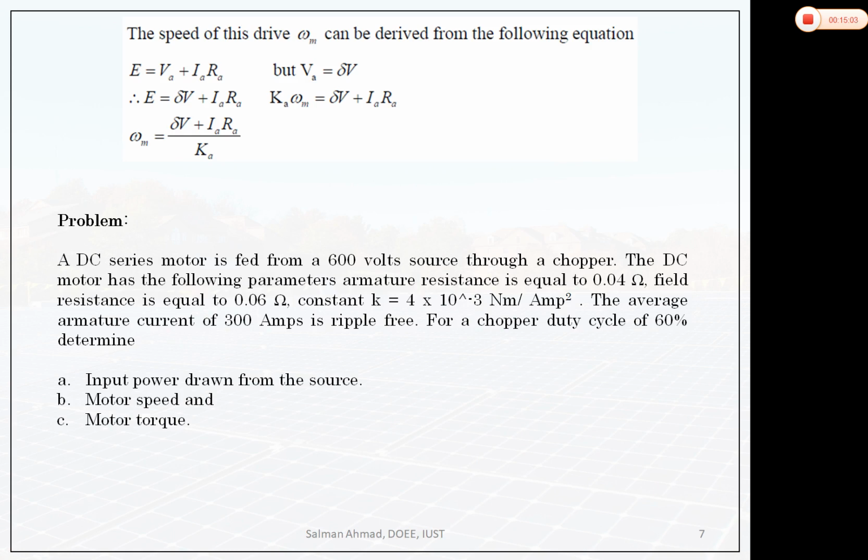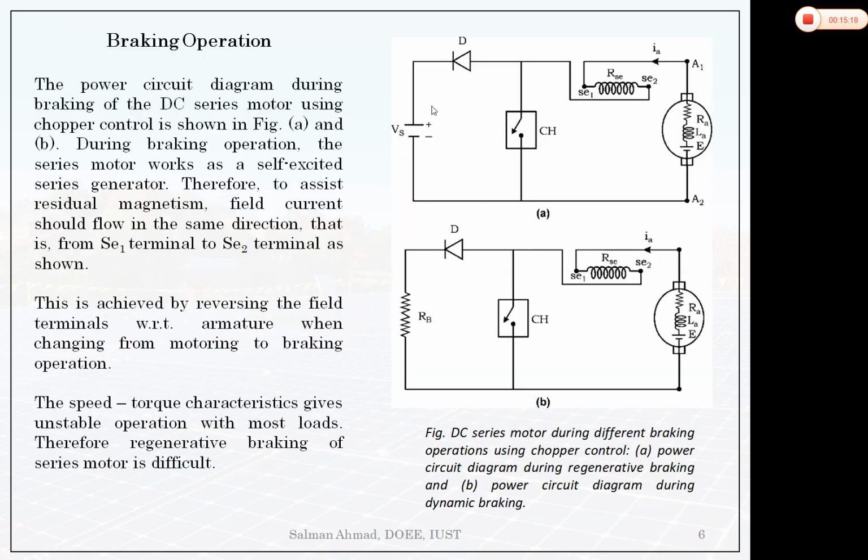So if we write the basic equations for the DC series motor, again this is V = δV + IA RA upon K. That means if we increase delta, speed will get increased, that I showed in the previous slides. Here the operation is similar, but the winding connection, that is armature 1 terminal, must be connected with SE1 and the SE2 terminal is connected here whenever this switch is turned on. Okay, so this diode will be open circuited, and whatever energy is stored in the form of back EMF will supply energy to the inductances, and they will store energy.